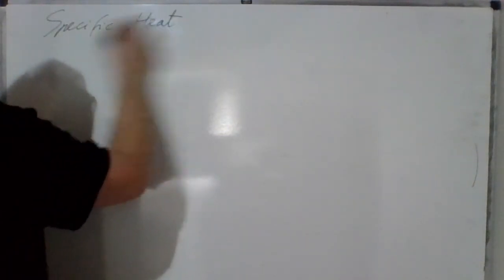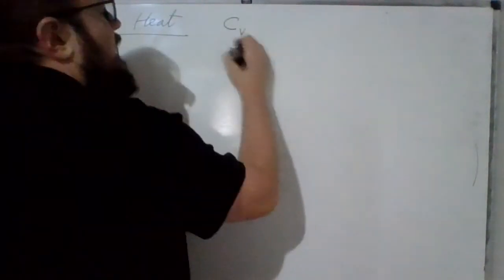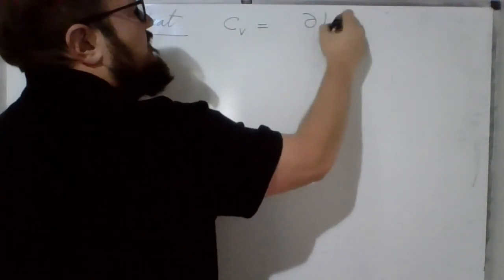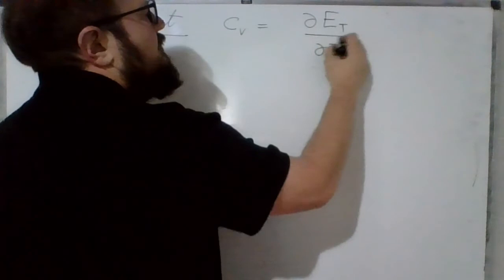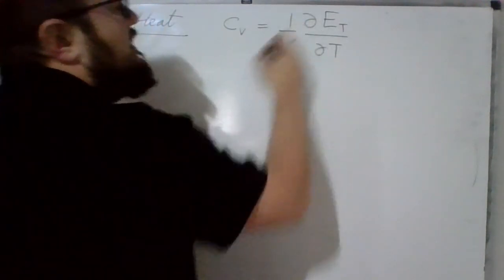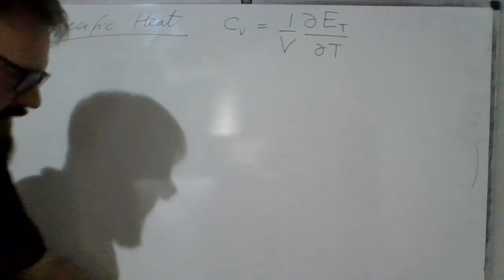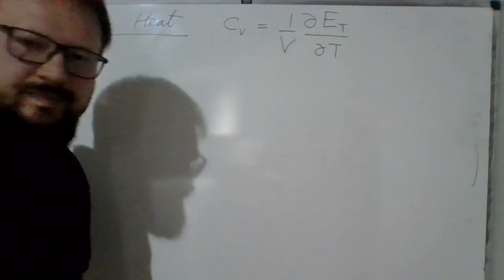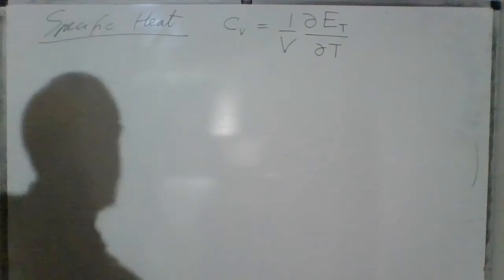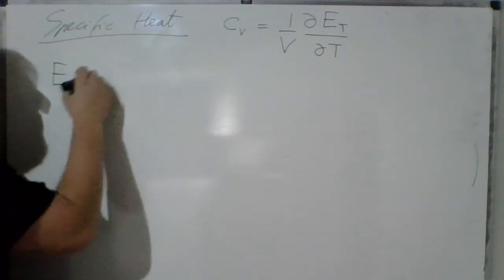Now we can calculate the specific heat. Specific heat corresponds, at constant volume, to the derivative of the total energy with respect to temperature, divided by the volume of the system. So now you need to calculate the total energy as a function of the temperature, and the total energy of your system corresponds to